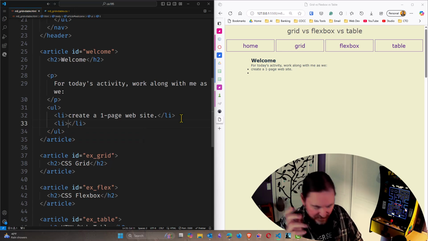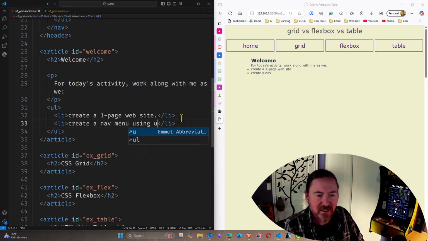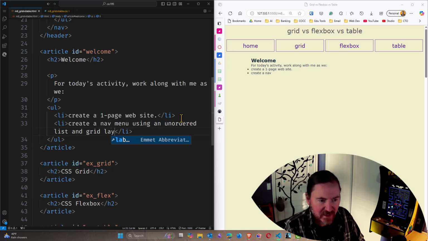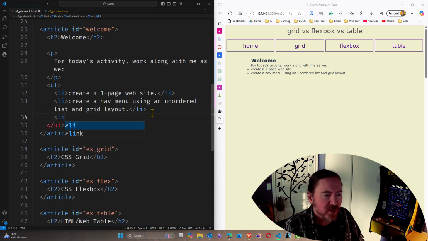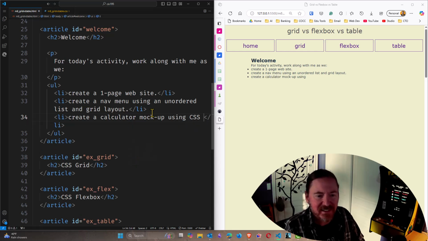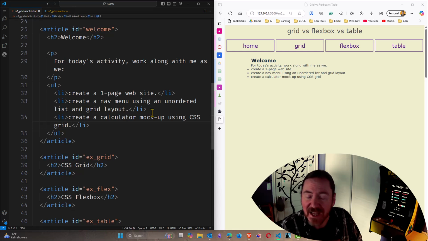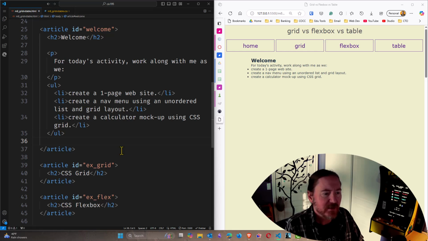We're going to, let's see, create a nav menu using an unordered list and grid layout. Yep, we've done that. We're taking care of that. And then we're also going to create a calculator mockup using CSS grid. We will do that together. And there we go. All right, so after this unordered list, then I'm going to do another paragraph